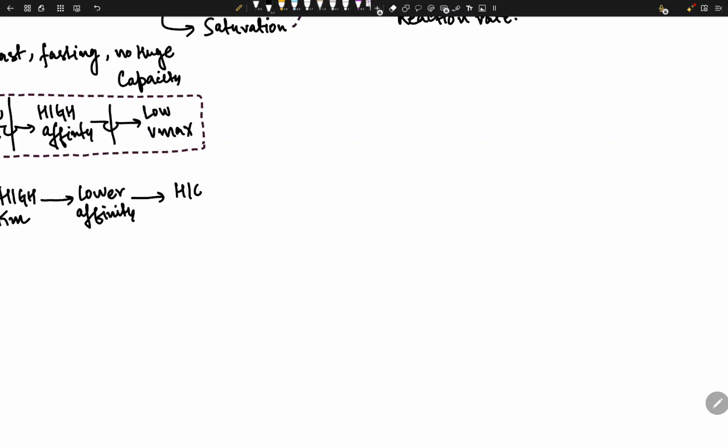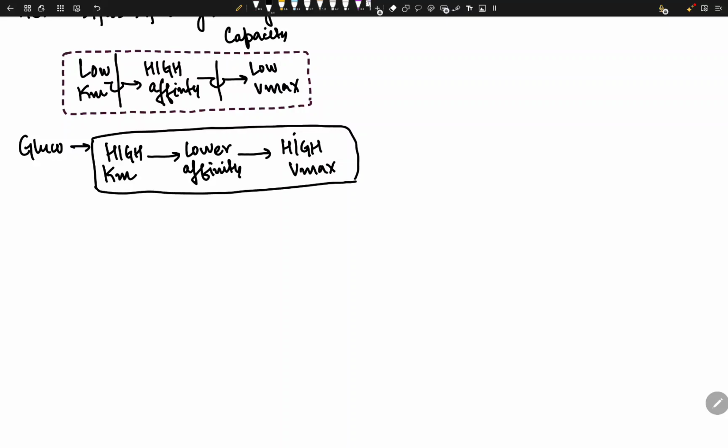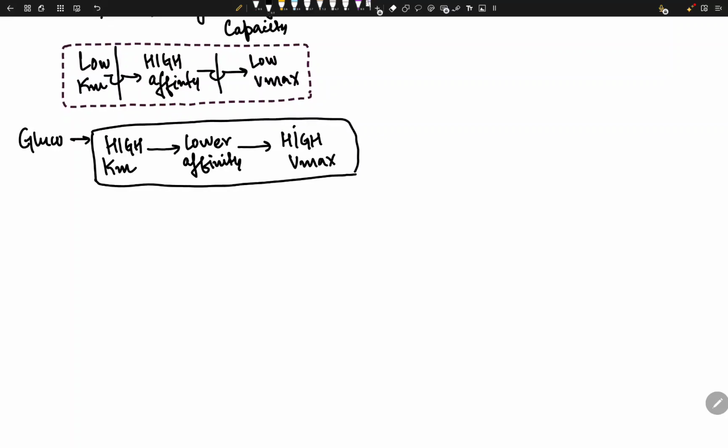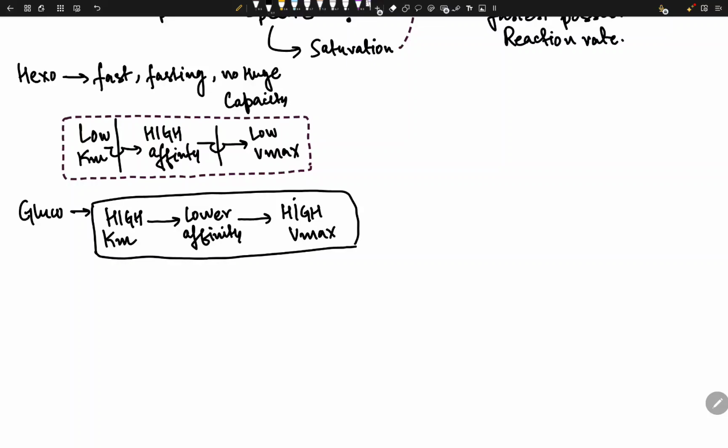And because it has a lower affinity, it can handle a huge amount of glucose. That's what we call high Vmax, right? So that's our high Vmax right there. Okay. Wow, looks so pretty. So glucokinase has high Km and hexokinase has low Km. I think that's enough to remember. If you just remember that hexokinase has low Km and glucokinase has high Km, you can just basically derive everything,